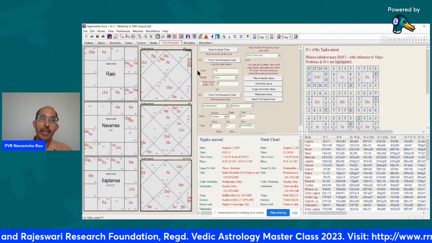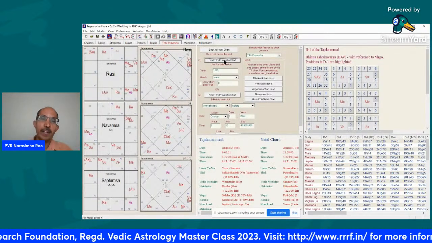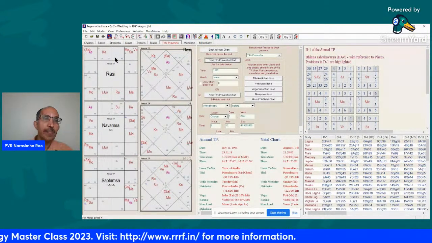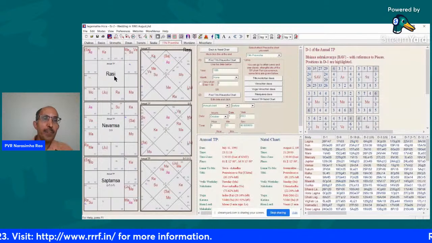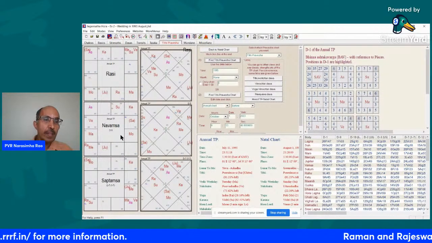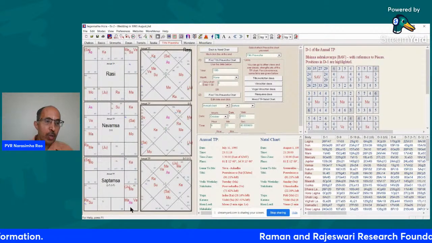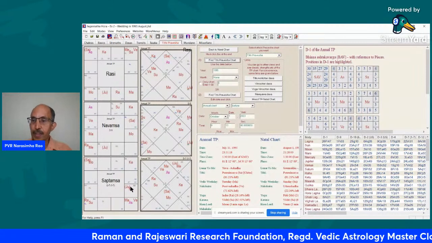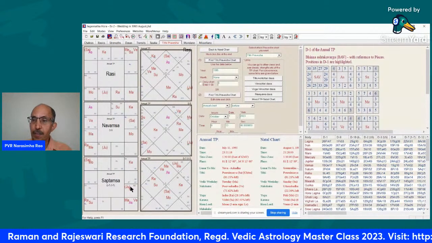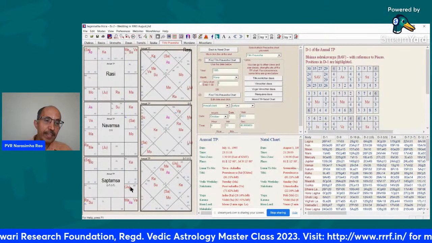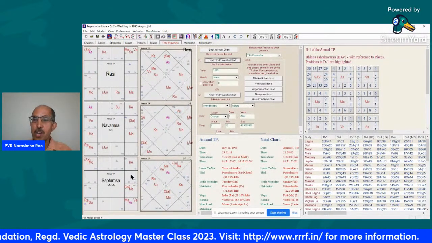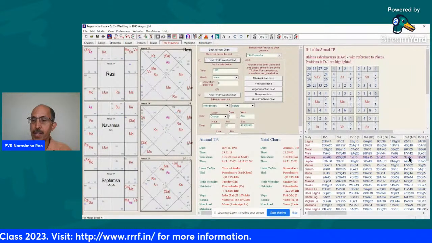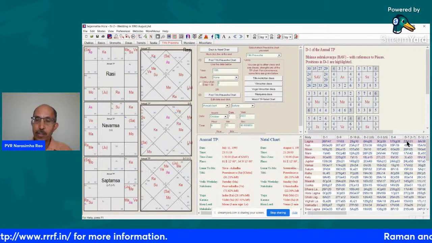And let us finally look at the Tithi chart of 1995. If you look at the Tithi chart, let us look at the Saptamsa. In the Saptamsa chart, okay, Mercury, the Lagna Lord, you may think that he is in the 12th house, but he's actually in the 11th house. If you look at the longitudes, he's at 3 degrees, Lagna is at 22 degrees.